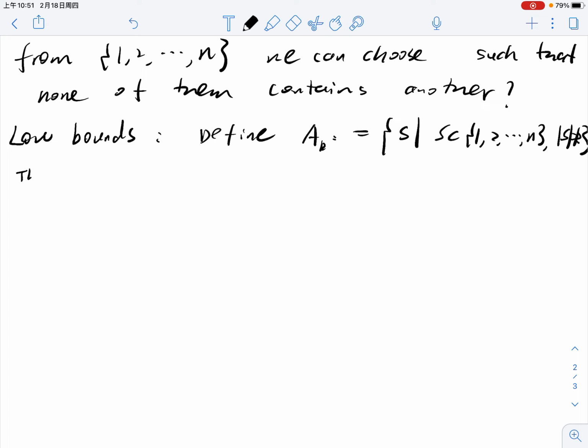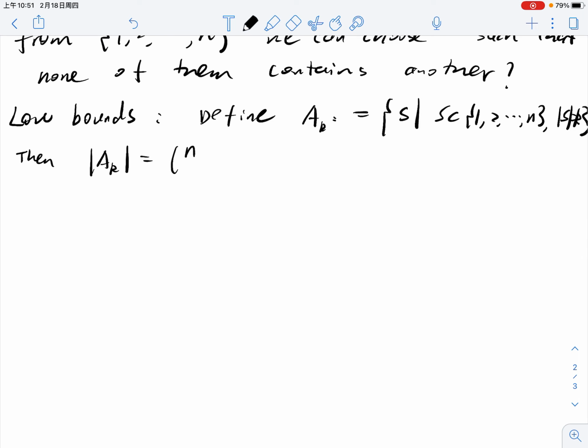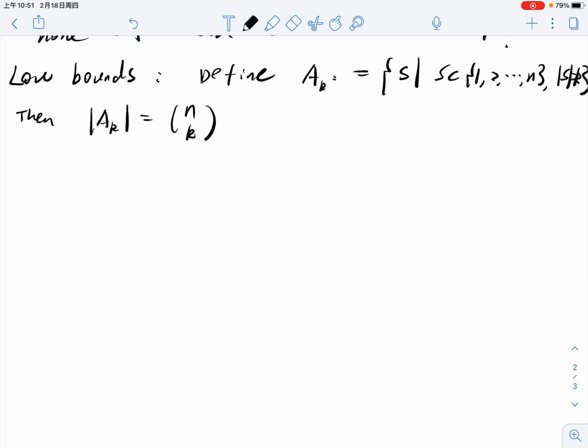Then it's easy to see that there are n choose k elements in A_k, and by unimodality of binomial coefficients, we know that